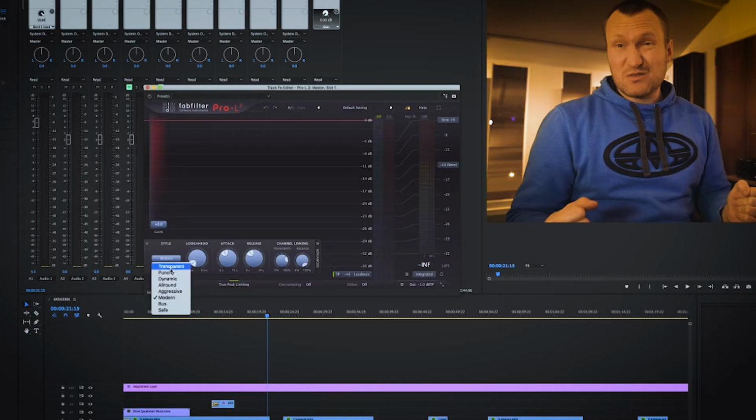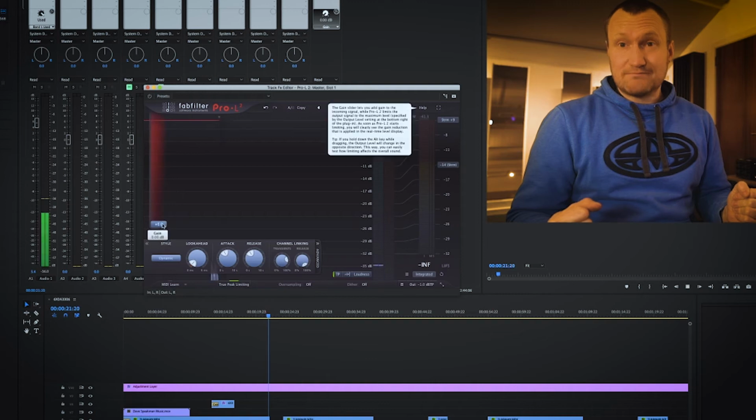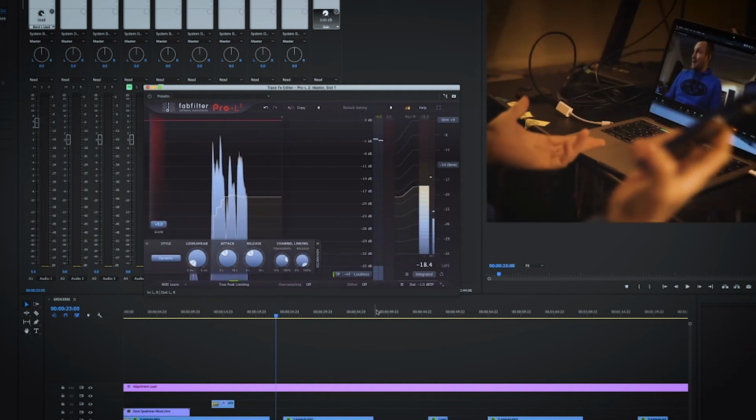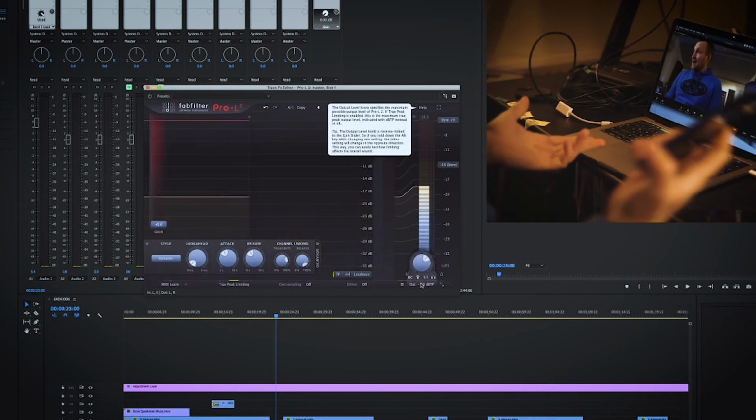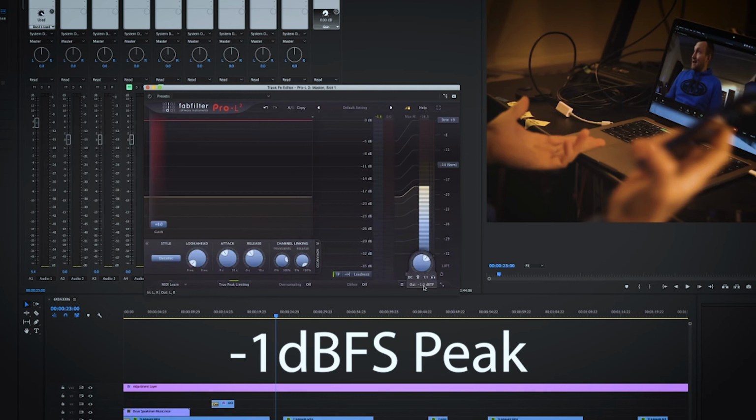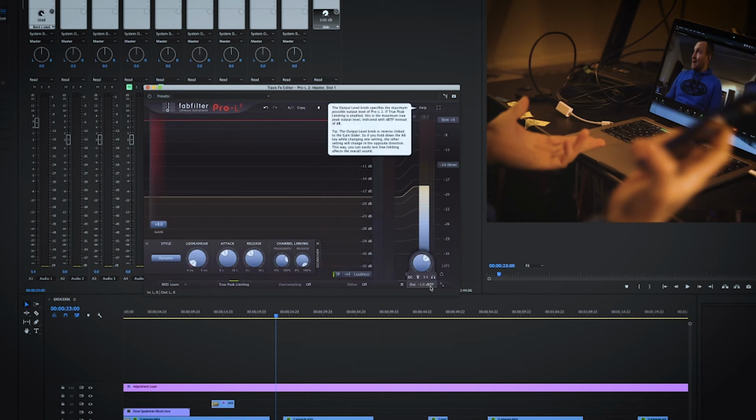So I'm just going to use the dynamic algorithm this time, the simplest way. Now, the limiter needs to be set up in a certain way. You need your output to be set to -1. Now, that is the peak output of the limiter, and that means that anything that goes above -1 is going to be turned down by the limiter. It's a brick wall limiter. It can't get any louder than -1. It's really important that it's -1